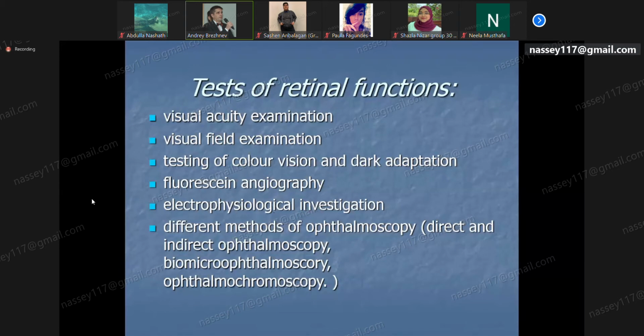So damage to the cones may cause problems with color perception. Additionally, we can use such invasive methods as fluorescein angiography, in which we use a special intravenous indicator staining, and then make photos of the fundus. And we can see clearly